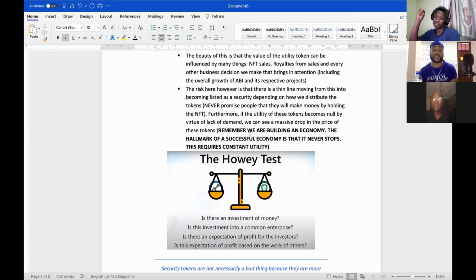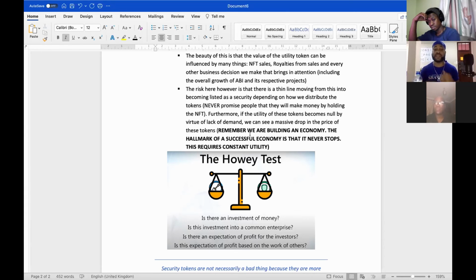Is there an expectation of profit for the investors? Which is why I emphasize we cannot monetarily incentivize people with owning these Hashbits. The utility, the value they get from maybe getting hash tokens, needs to be strictly utility based. It's going to further their education. It's going to up the value of their NFT, not necessarily a direct valuation of their bank account. And it's only upping the valuation of their NFT by them completing certain tasks,